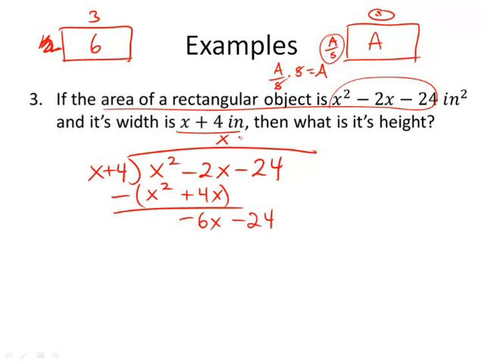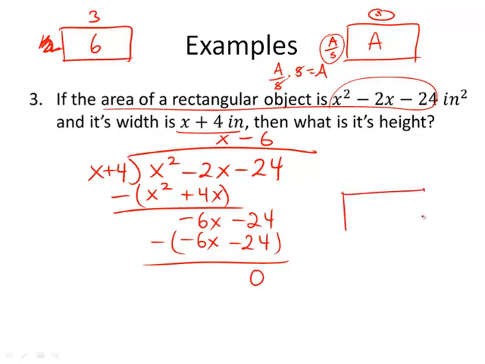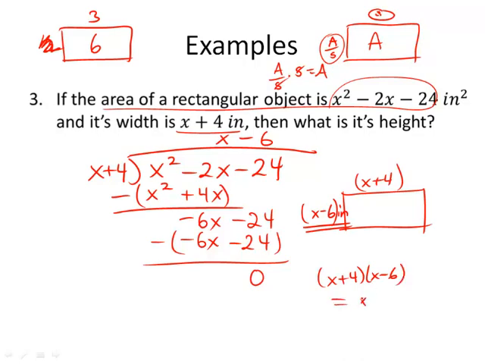So that's going to give us a negative 6, because negative 6 times x gives us negative 6x. Negative 6 times positive 4 gives us negative 24. And we actually have the exact same terms, which both cancel out, giving us 0. Therefore, it's following something that we expected, a nice answer for the other side. So if one side is x plus 4 inches, the other side would have to be x minus 6 inches in order for x plus 4 times x minus 6 to give us x squared minus 2x minus 24 square